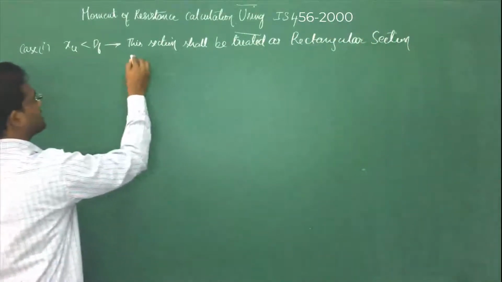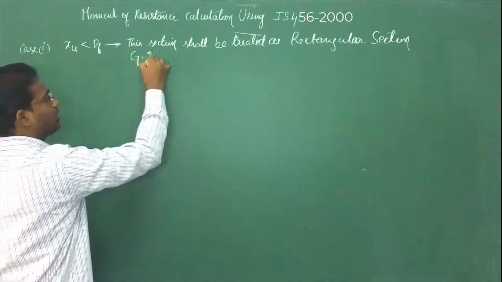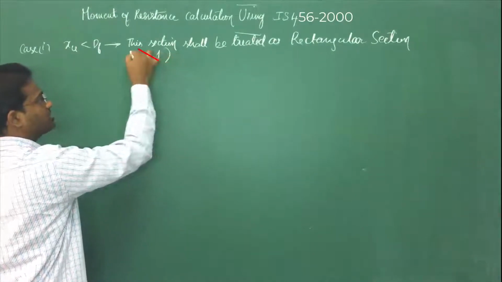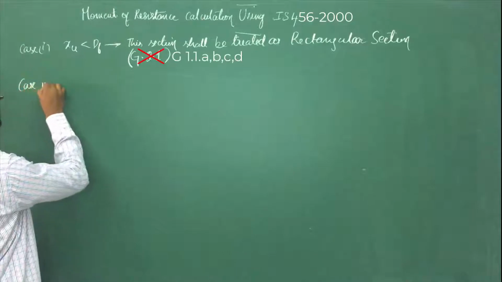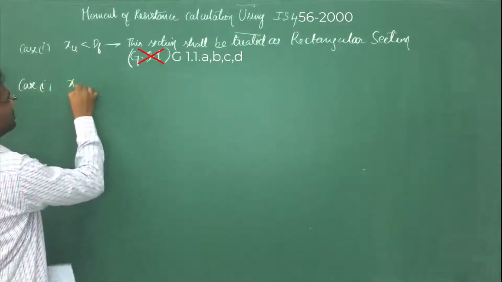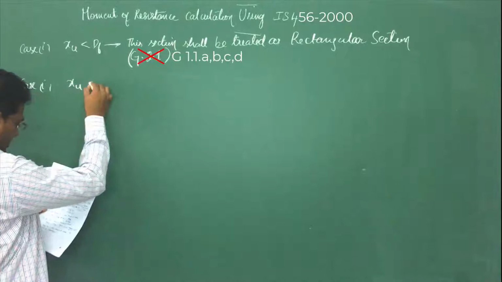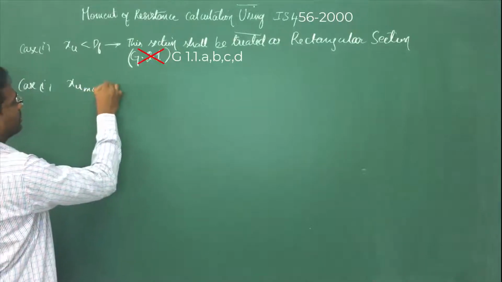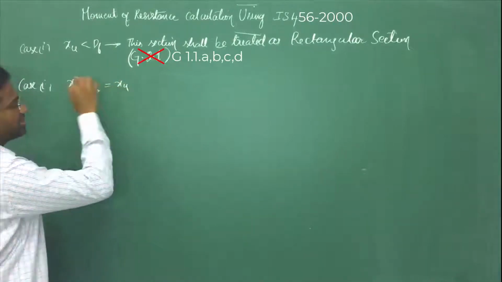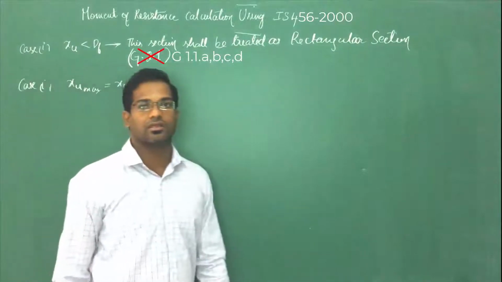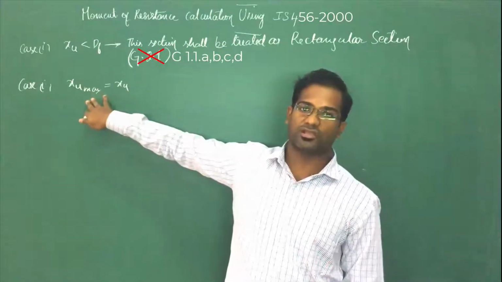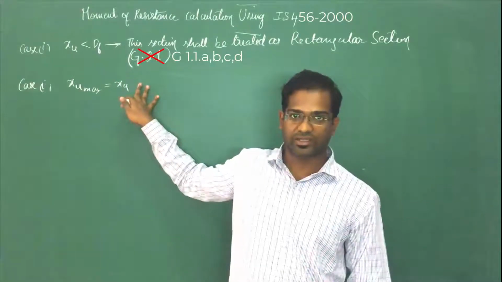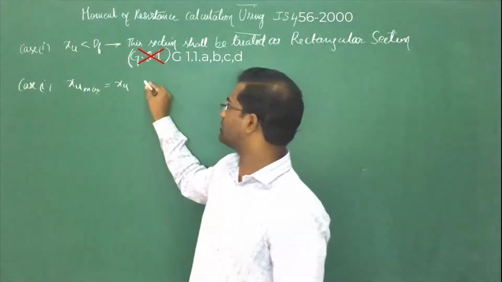This clause is given in G.2.1 in page number 96. There is a second case, where the neutral axis is exactly equal to the limiting neutral axis. In the IS code book, it is not mentioned that the limiting neutral axis is equal to the neutral axis, but the clause number